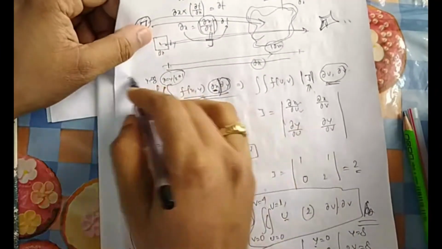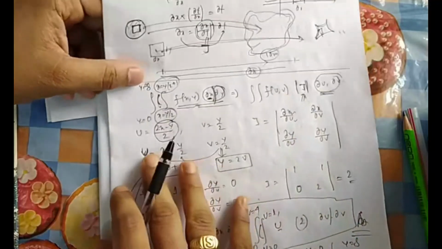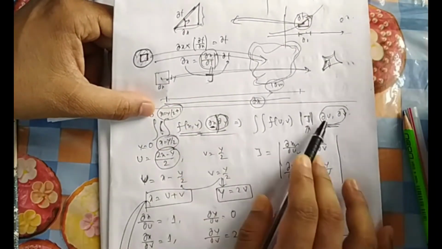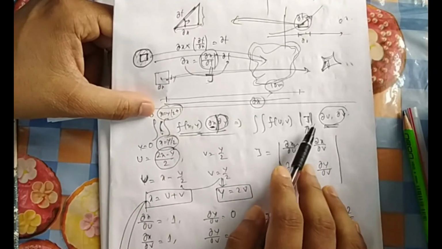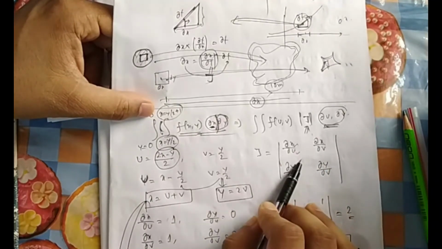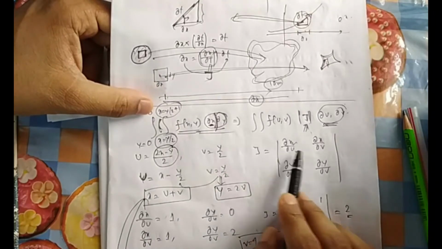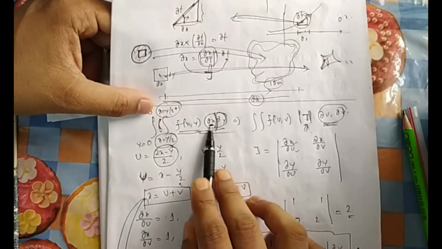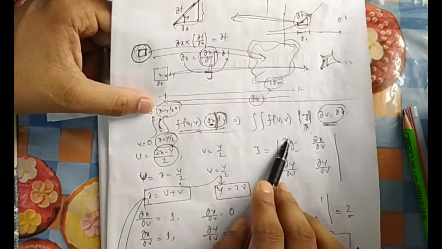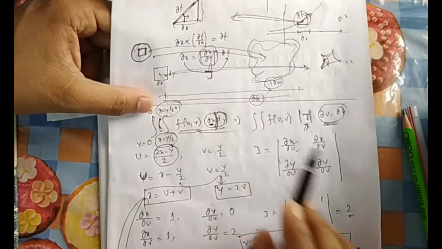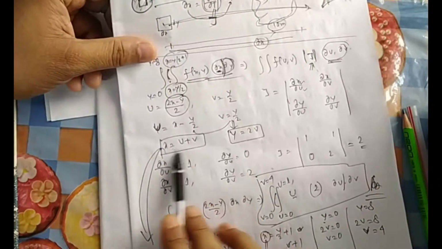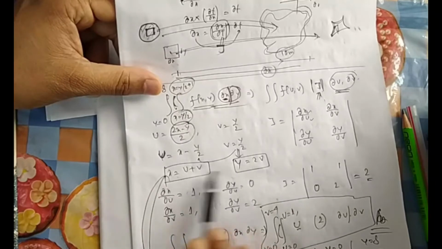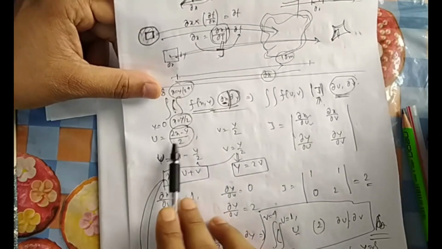So the moral of the story, after doing all these things, the idea is this. If you want to change this one, you just put x equal to u plus v, dx dy becomes du dv, and put a penalty factor J, where J is equal to this. You don't get confused between dx by du or dy by du. You are changing x, so you have to differentiate x. That's it. And if the relation is not possible to segregate, here segregation was possible, x and y you can easily segregate it. If it is not possible, then you directly differentiate.